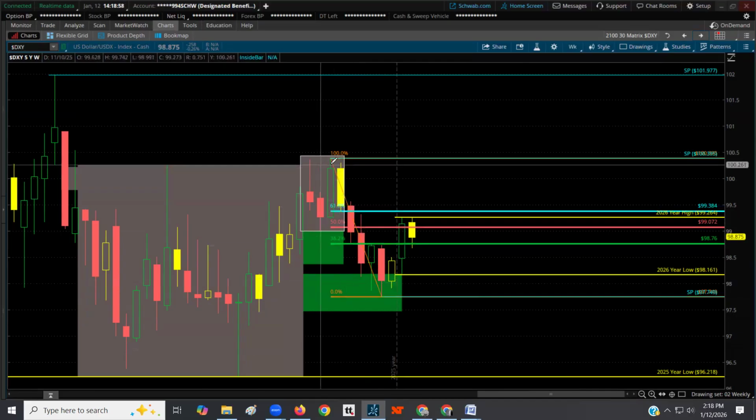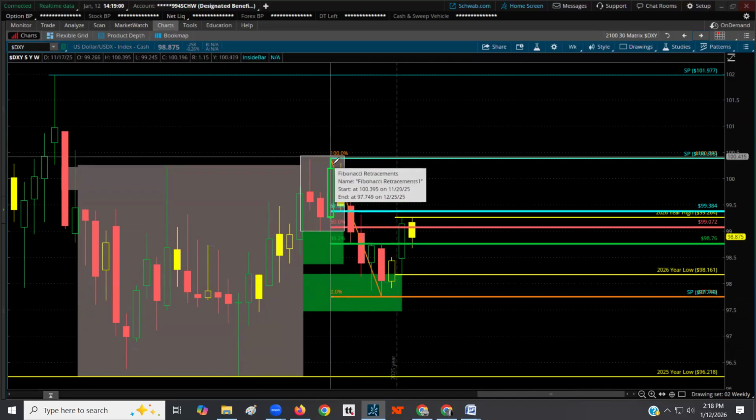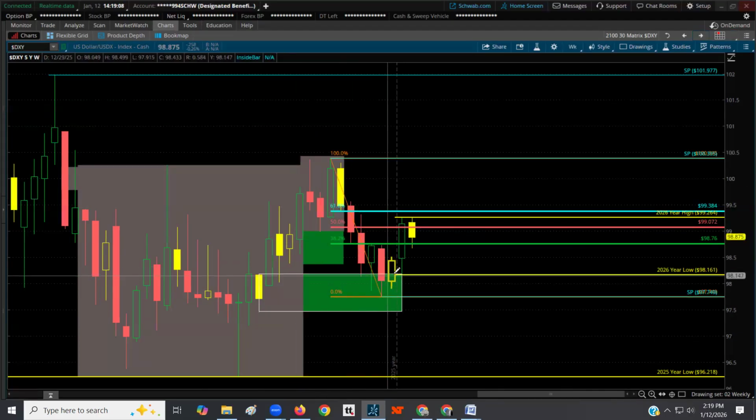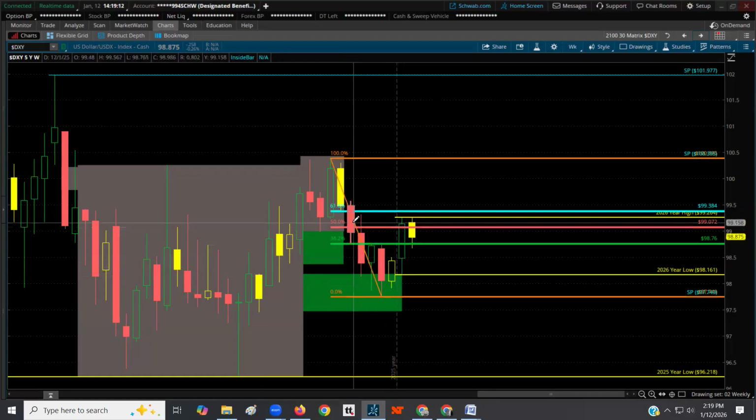But I drew this Fibonacci. Top of there, top of there. Sorry, top of that green candle, bottom of that red candle, Fibonacci. Because we were in a trend and we made a reversal, when we broke above that inside candle, that was last week, this Fibonacci, key levels I'm looking at is the